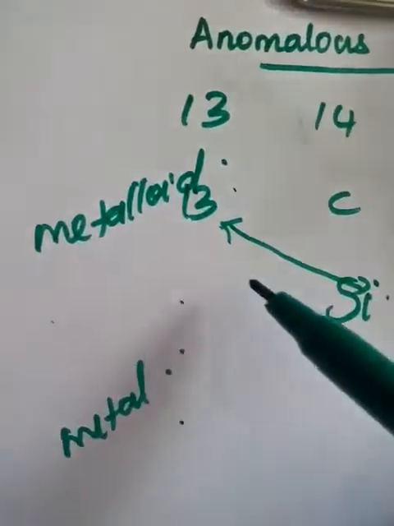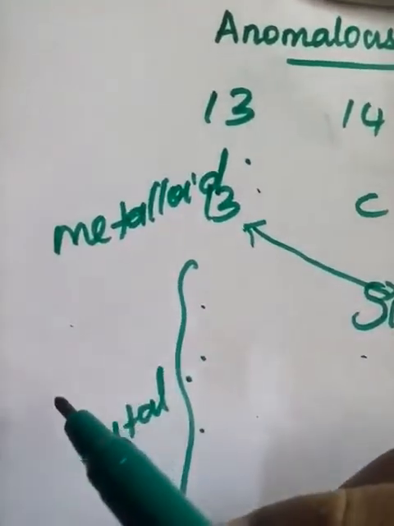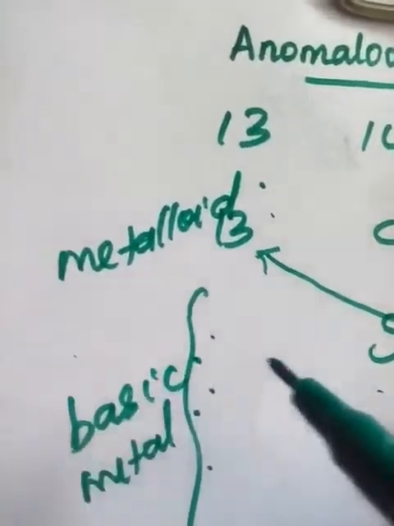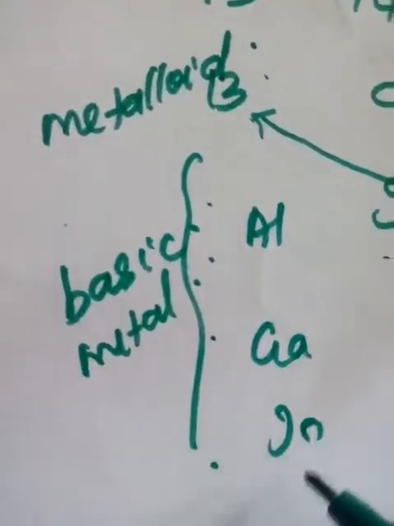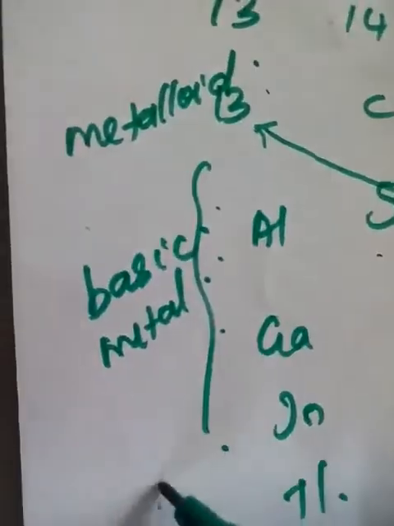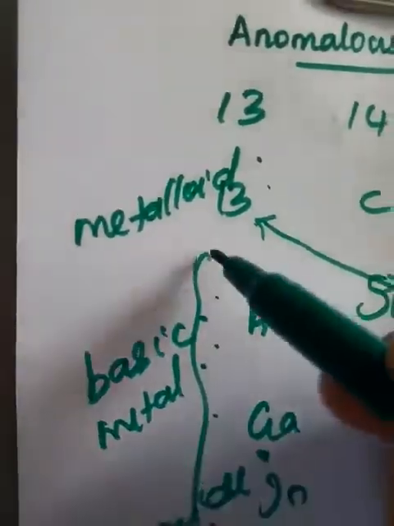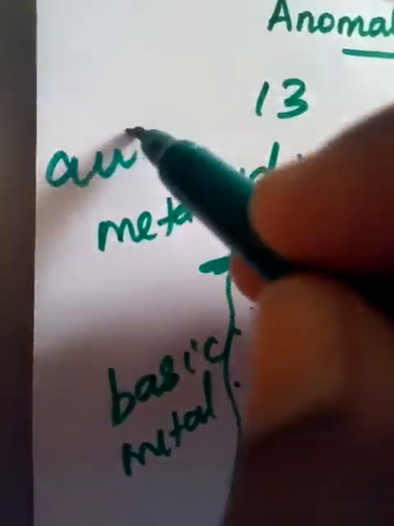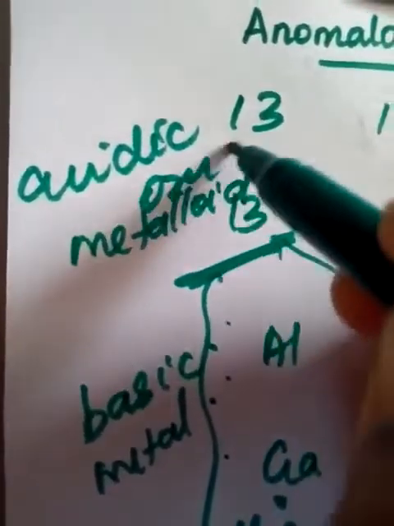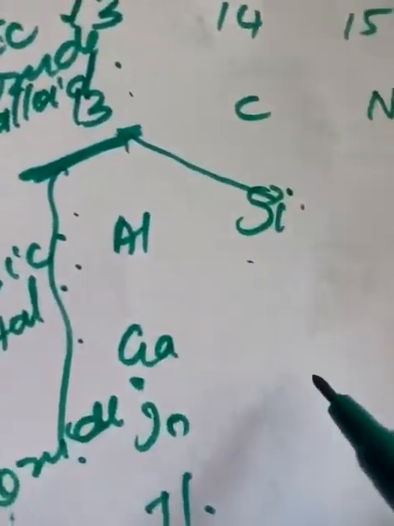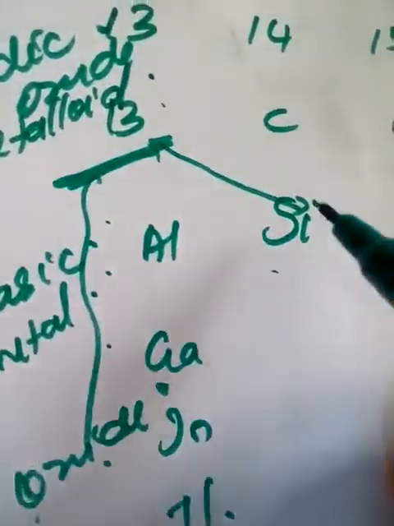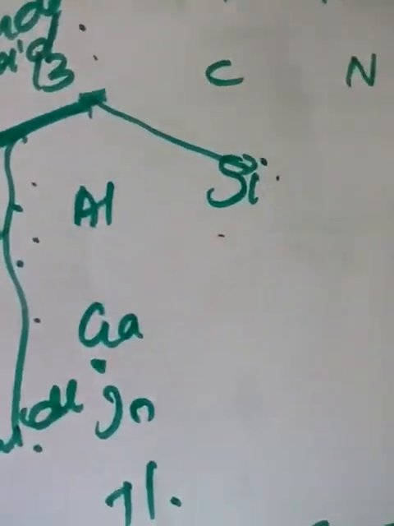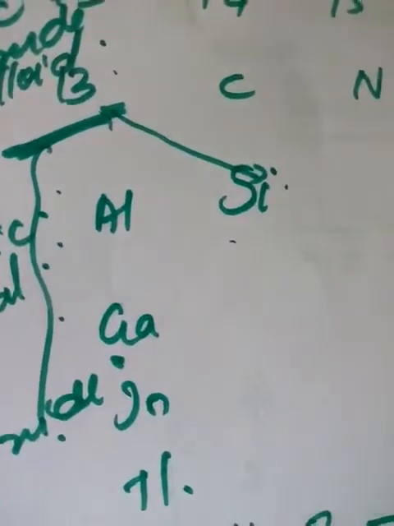But all the others will not have it. These are all basic oxides. So these are the metals: boron's group members aluminium, gallium, indium, thallium. They all form basic oxides, but boron oxide is said to be what kind of oxide? Acidic oxide. As well, the others will not have any relationship with the element next to them, but boron has a relationship with what? The silicon. That's the special character of boron.